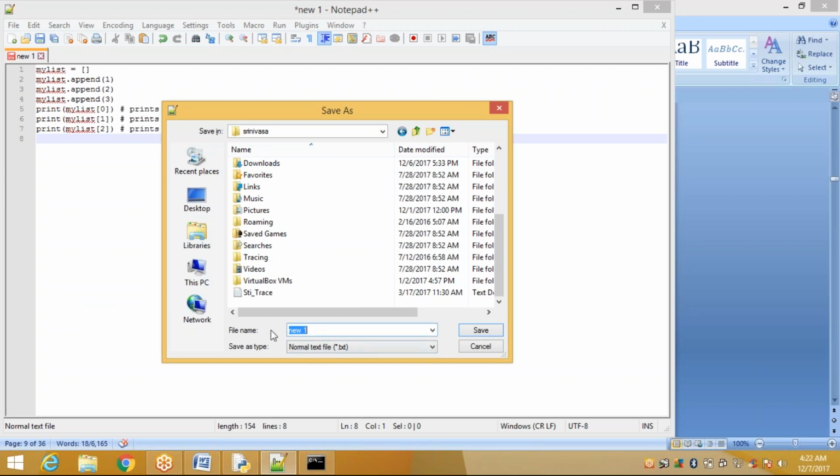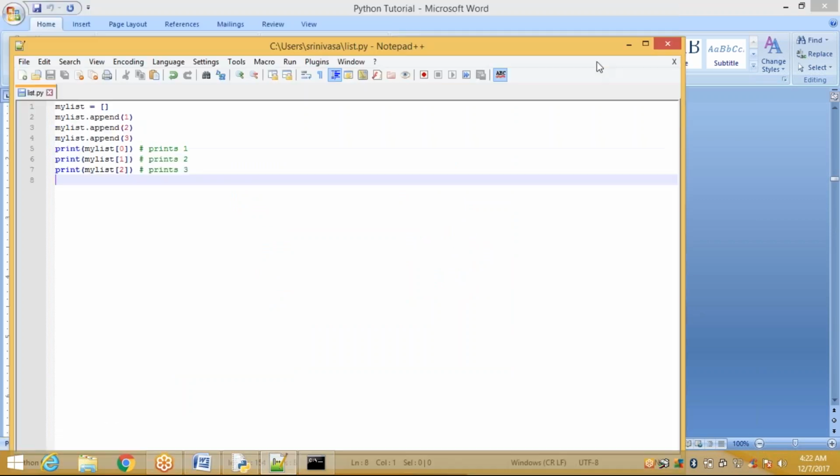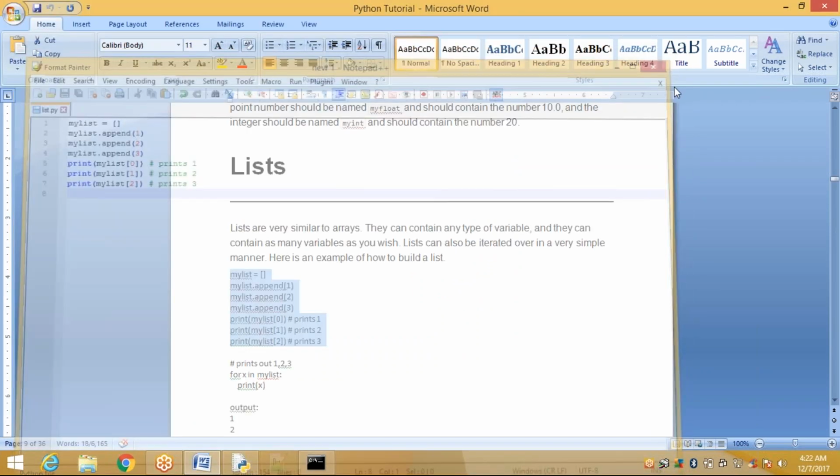Now I want to save this file. What is the extension of our Python file? Our Python file extension is .py. So I can give this the name list.py. Save. Close.